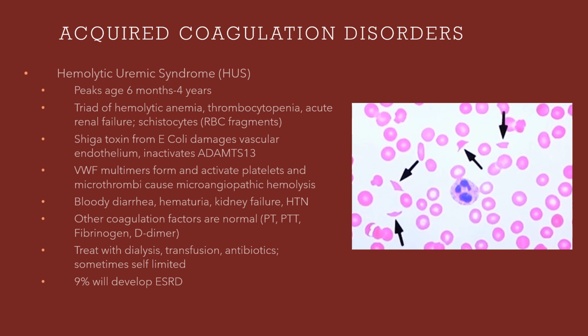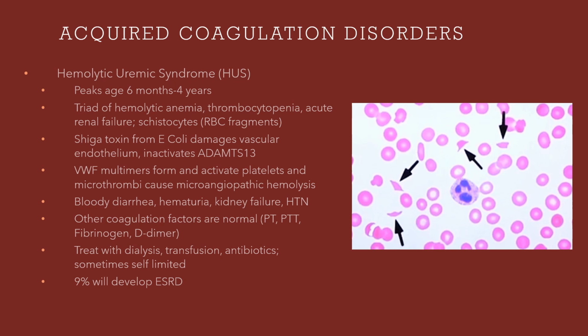We can see bloody diarrhea, hematuria, kidney failure, and hypertension related to the excessive bleeding from the thrombocytopenia and the GI bleeding, and then the kidney problems because of those microthrombi,